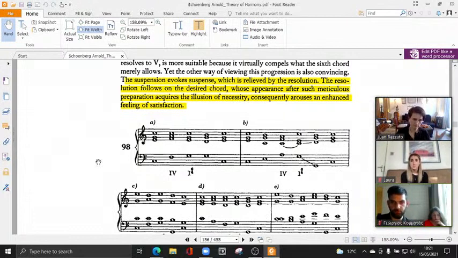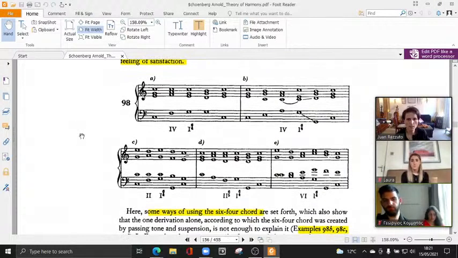And that's a very nice definition of the 6/4 chord and suspension, and I would dare say any kind of suspension. Now, he says we cannot just define the 6/4 chord in a cadence by this first definition,